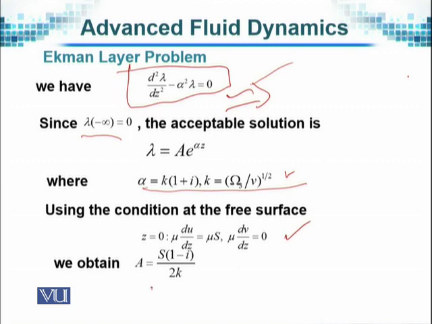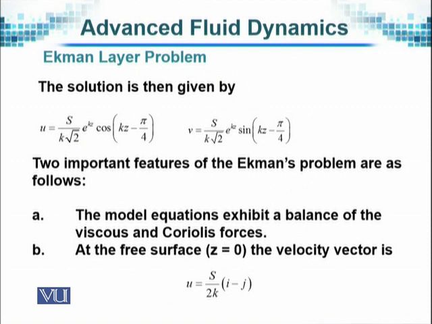So we obtain from this the constant A to be equal to 1 minus iota divided by 2k, and this gives us u is equal to